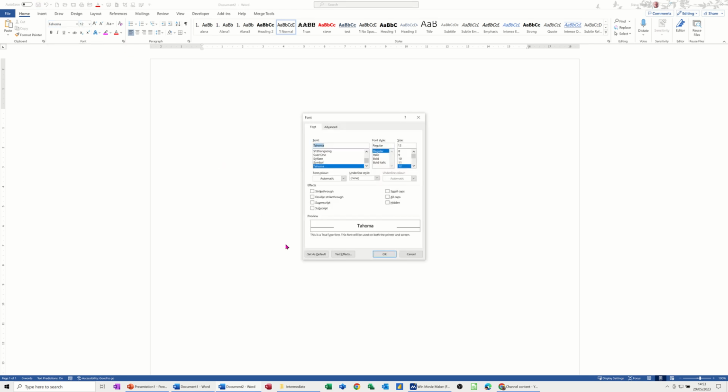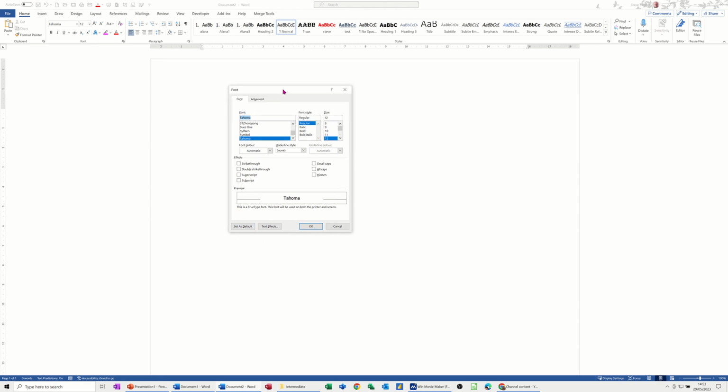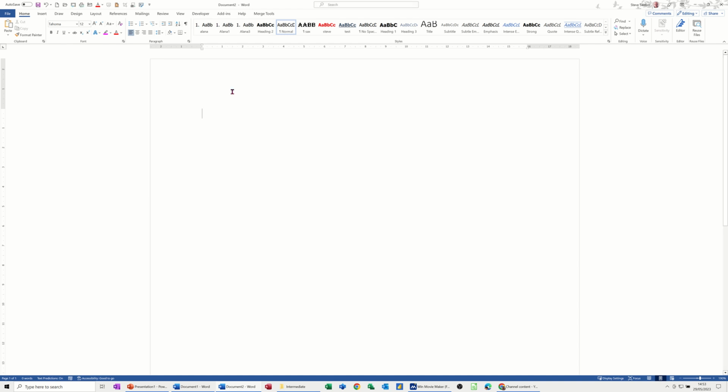You go into this box and you do exactly the same, set as default, but make sure before you do that that this isn't on bold or italic or anything, and it's the right size, right font, and none of these are ticked, otherwise you'll be setting that as default, and that's probably not what you want. You get a little preview there of what it's going to be. So you set that as default, so every new document, all new documents will have that on,